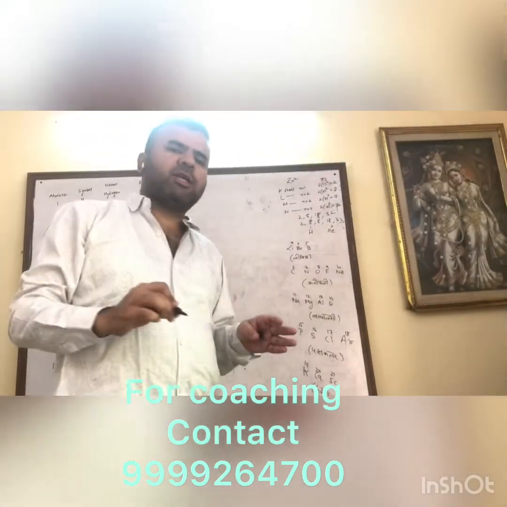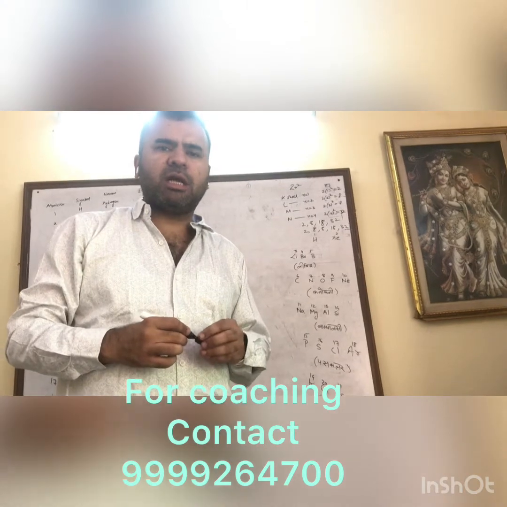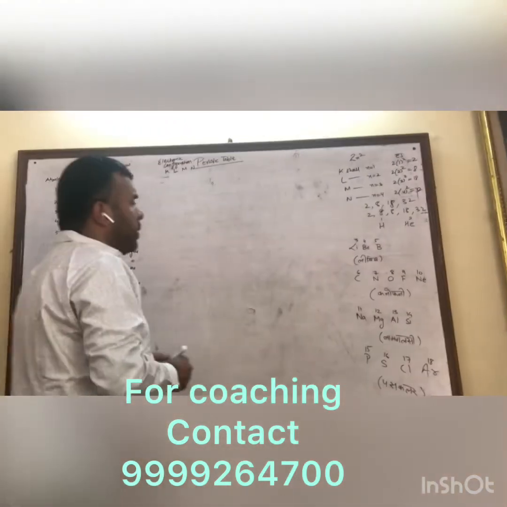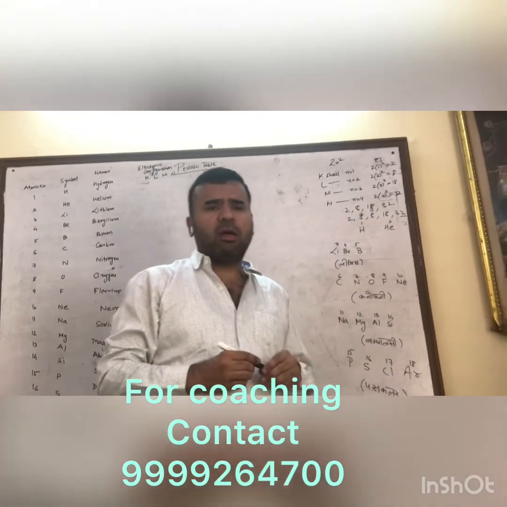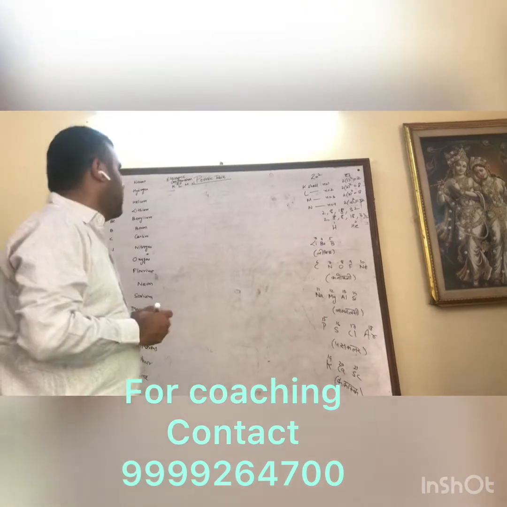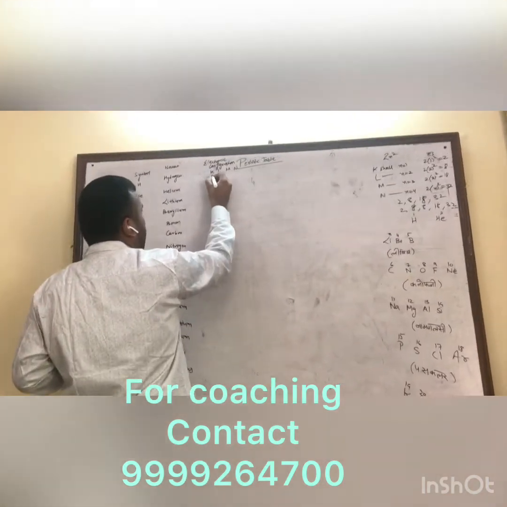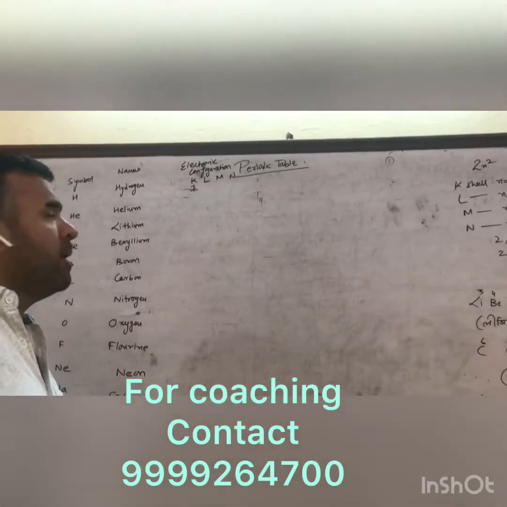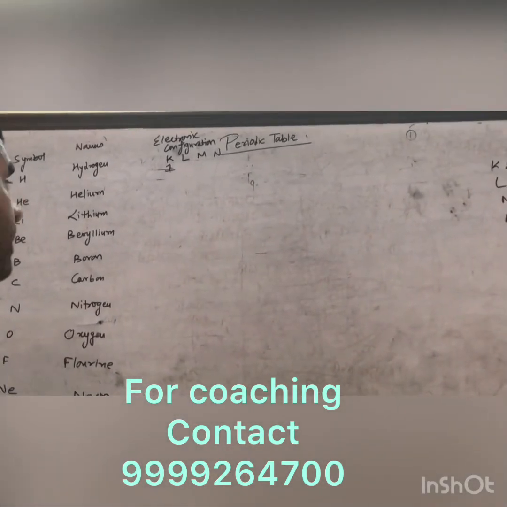That you will study SPDF configuration in class 11, then you will be able to. Now, we'll distribute the representation of electrons, how many electrons a particular shell can hold. So electronic configuration for hydrogen is 1 because it has only one shell, that is K shell, and only one electron will come in it.